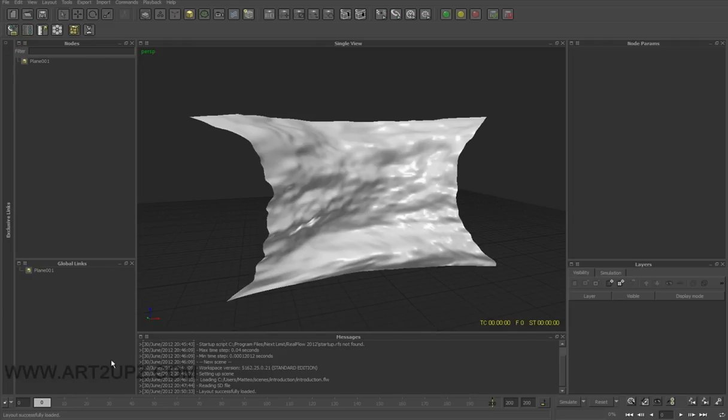Here I have the messenger. It shows all the processes I do in RealFlow, for example opening the project or importing, reading, and for example that the file layout is loaded. This is very nice for other operations. Here I have the single view. The single view is very fast,